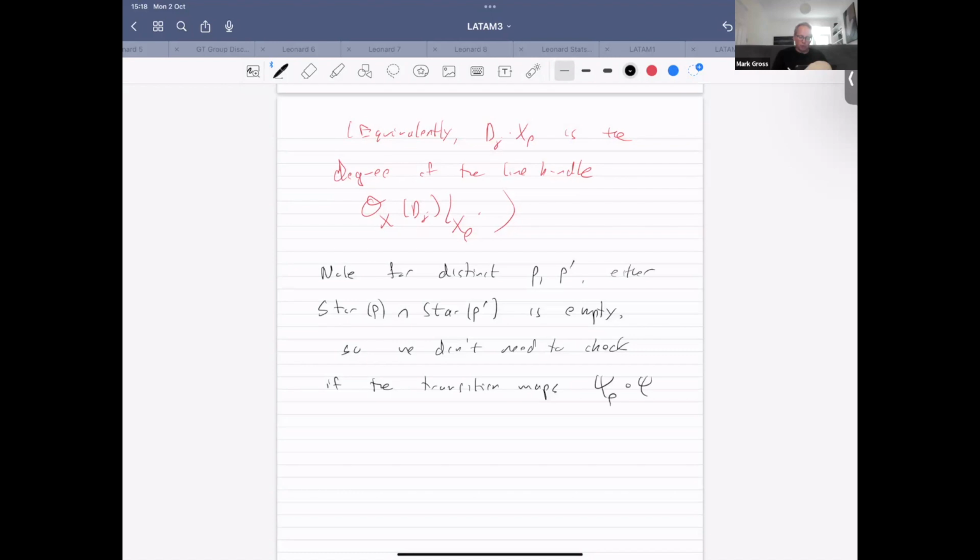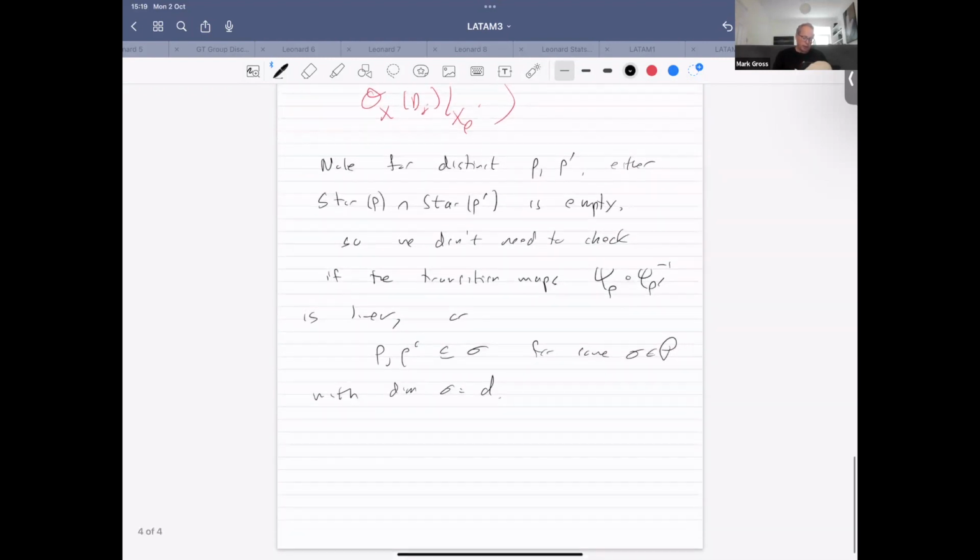Psi rho composed with psi rho prime inverse is linear, or rho and rho prime are both faces of some maximal cell sigma of P with dim sigma equal to d. In this case,